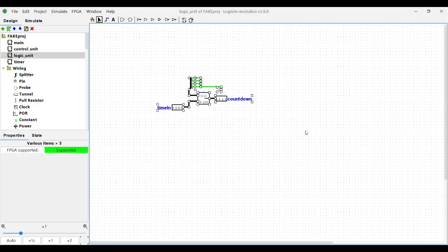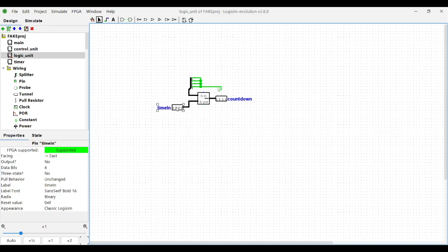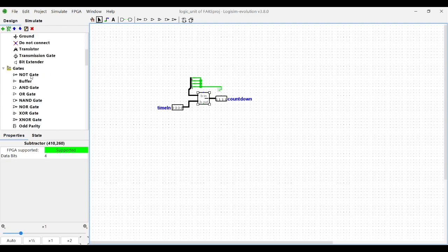This logic unit has 4-bit input and 4-bit output, and in this module it will only be doing subtraction, because the timer input counts up to 15, but in the traffic light we need a countdown. So we're going to use a 4-bit subtractor in this case,